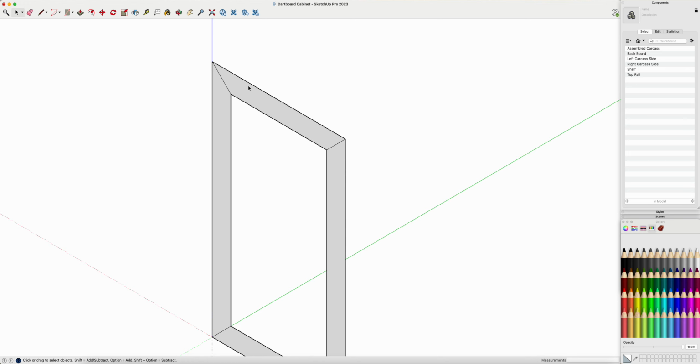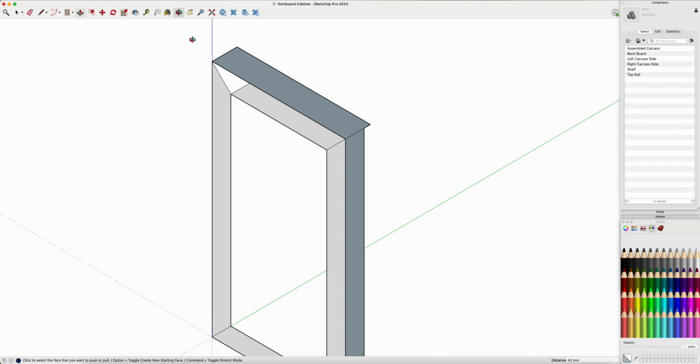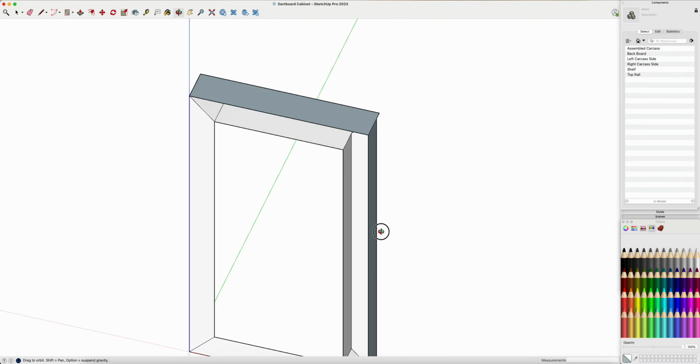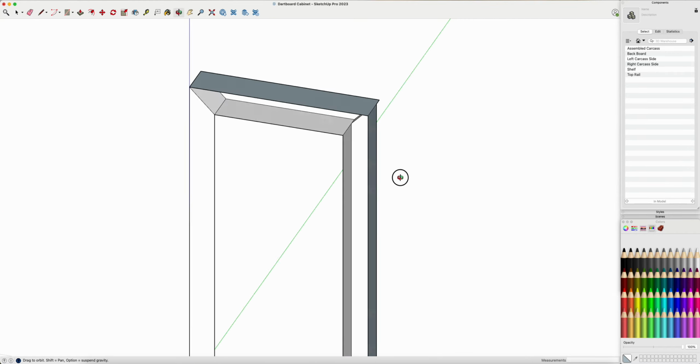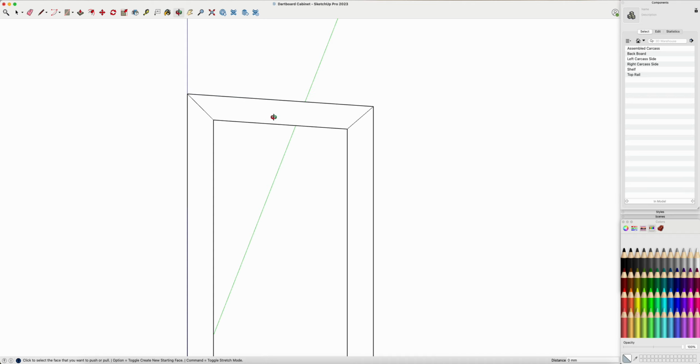Now, while this will work and enable me to use the push-pull tool, the trouble with drawing it like this is you'll see I end up with these hollow sections. So it's not actually a great way to go about drawing it. So instead of using this method,